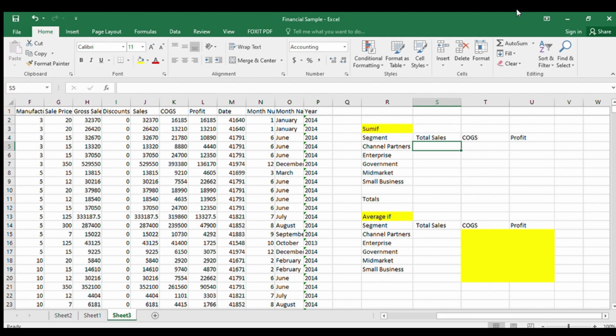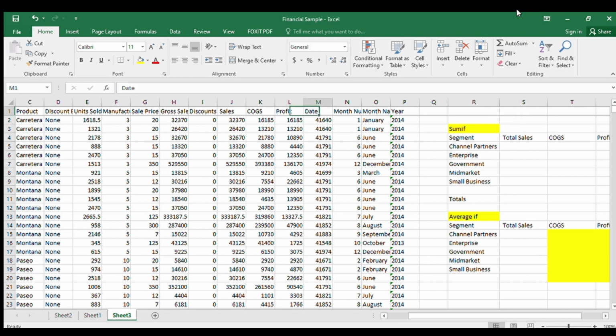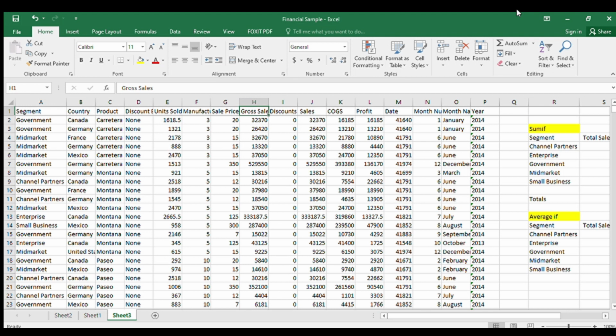Today we will discuss SUMIF and AVERAGEIF. We have here a sample of financial data from Microsoft. I downloaded it from Microsoft Excel.com